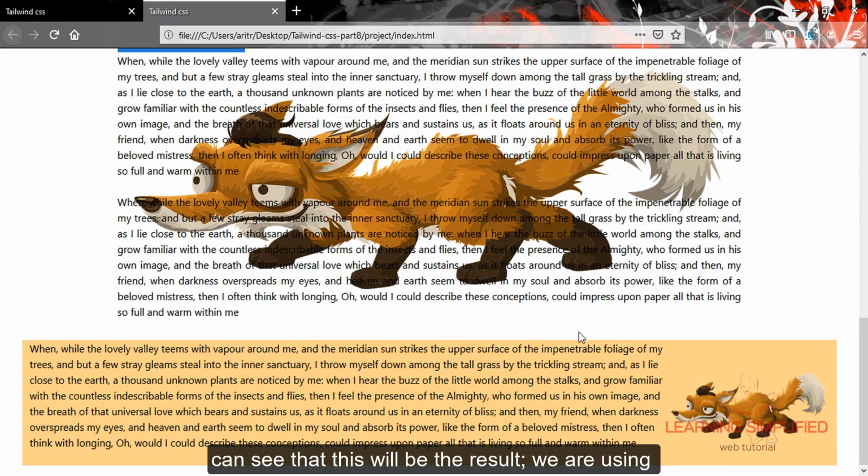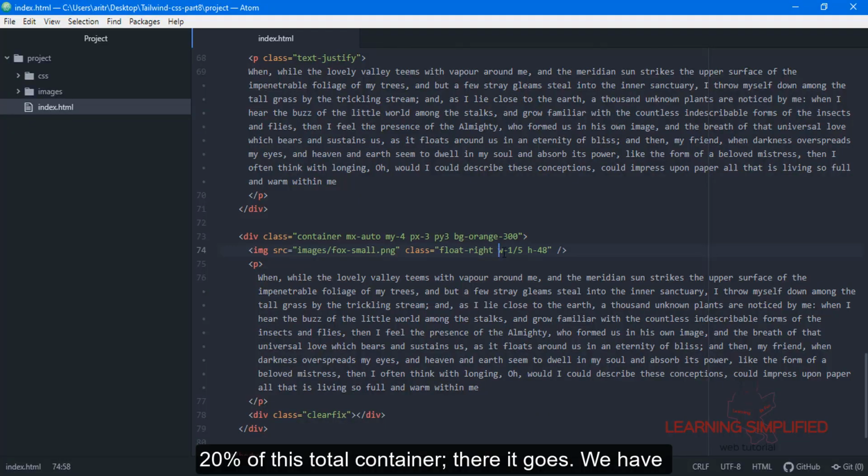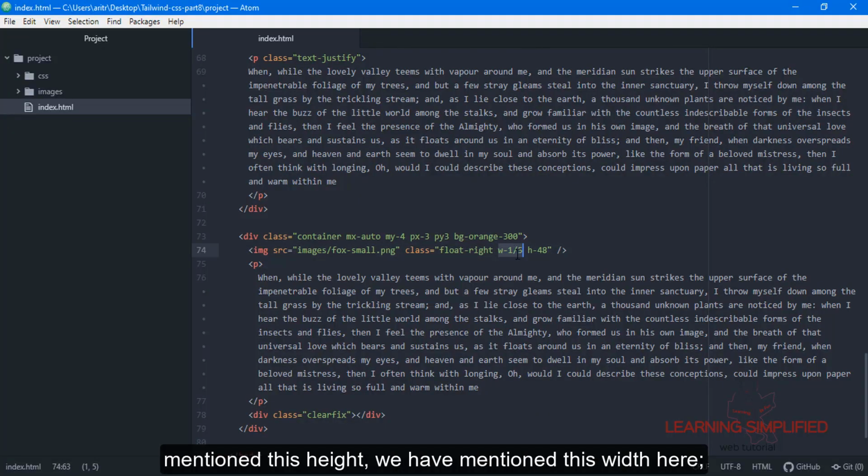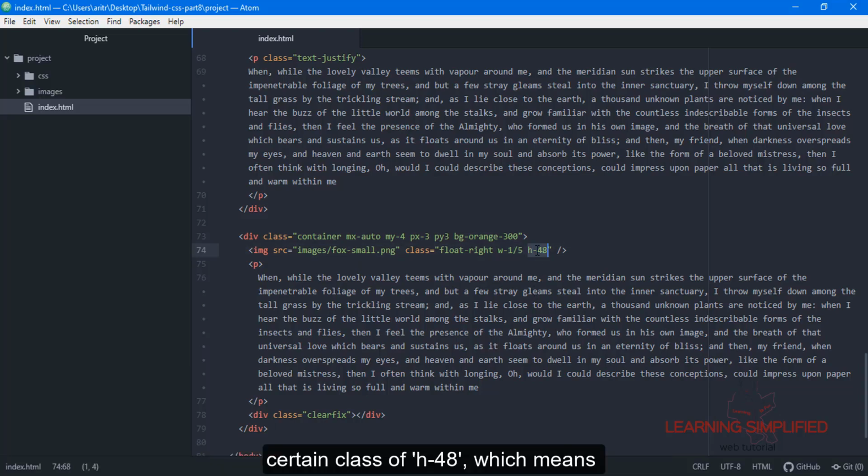We are practically using 20% of this total container. There it goes. We have mentioned this width here as 1/5, which means it is using practically 20% of this container, and on the other hand it is using a class of h-48, which means it is practically using 12 rem of that container right over here.